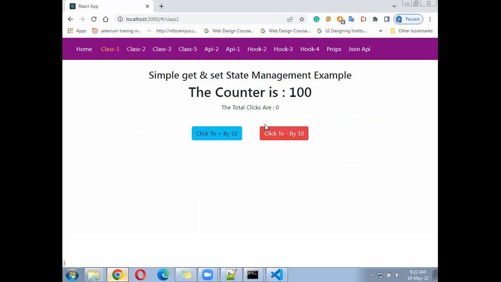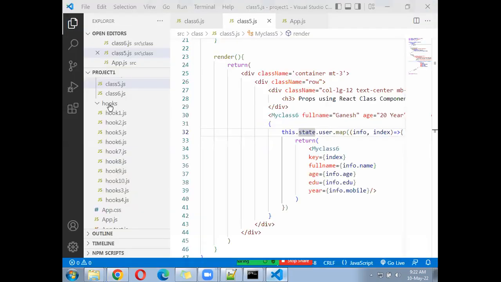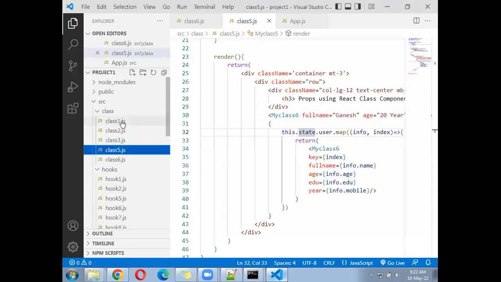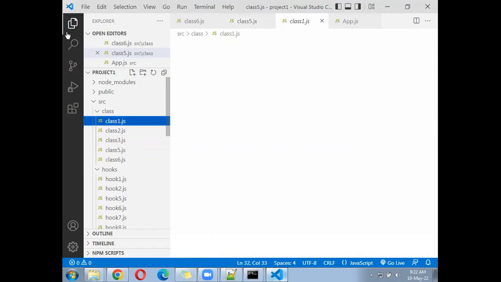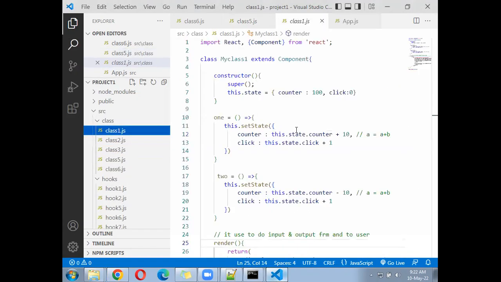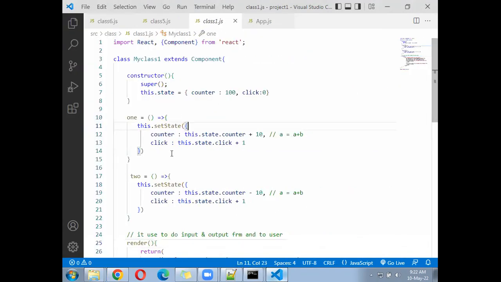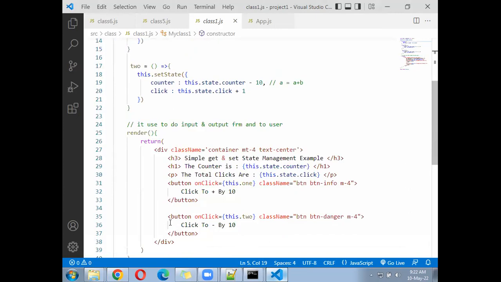Okay. Let's come to which component? Class 1 file. Class 1 we have one file. Come to that file. We will create one more example tomorrow, but we'll see a small thing, how that works when it gets called. So in this file, you have a constructor, you have multiple functions, and when you click on buttons,